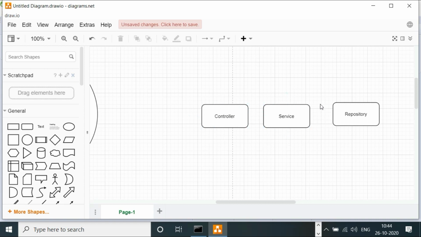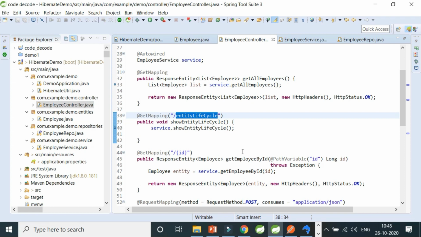Then the service is the place where you write all your business logic, and the repository is an abstraction to the database, or an abstraction to JDBC or JNDI, JTA, whatever you are using internally, to save, update, delete or get data from the databases. So this is nothing but an abstraction to all those queries which are fired behind the screen. This is the beauty of Hibernate, and this is the flow of Hibernate.